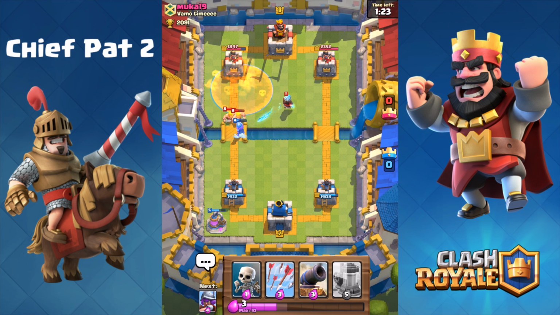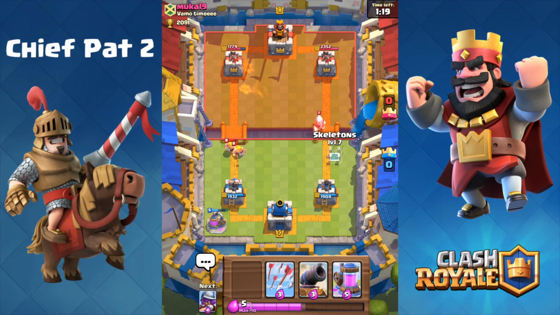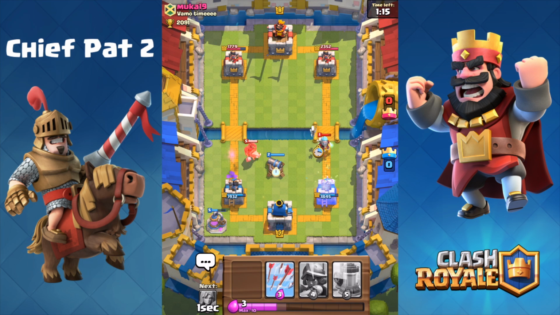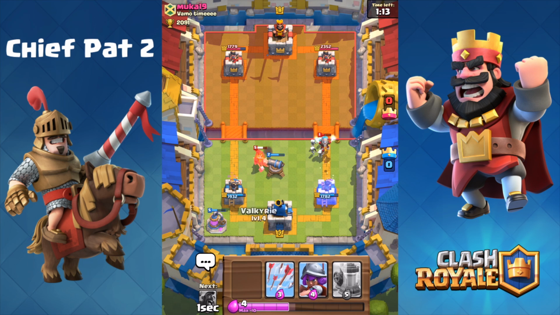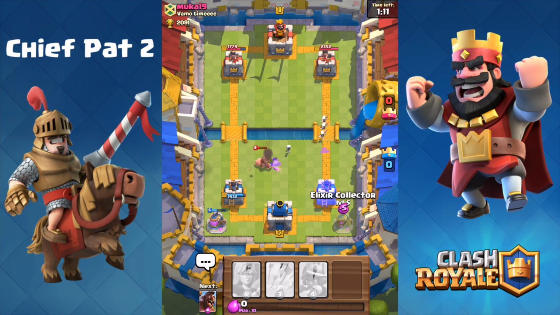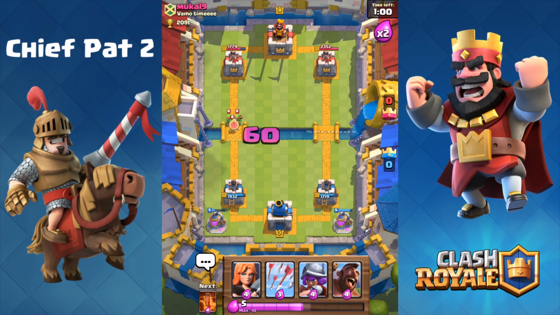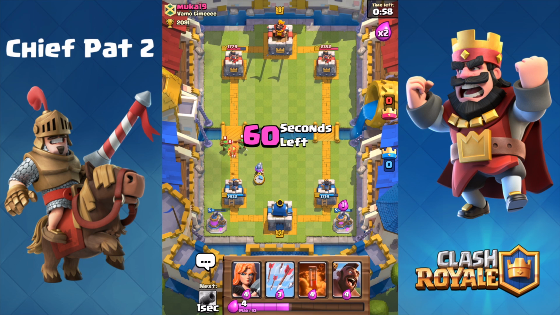But still, we haven't been able to crack his base just yet, so let's sit back on defense, get a couple more elixir pumps down, and that's all we should need to be able to snowball this lead out of control. Alright, so skeletons onto the ice wizard. We've got the hog countered by the cannon. At this point, we just made a pretty favorable elixir trade, which means we can play another elixir collector in the back. I knew that he didn't have much elixir, which is why I was sort of aggressive with that elixir collector. I played it when I literally had 5 elixir, and let's go and stop his spear goblins again